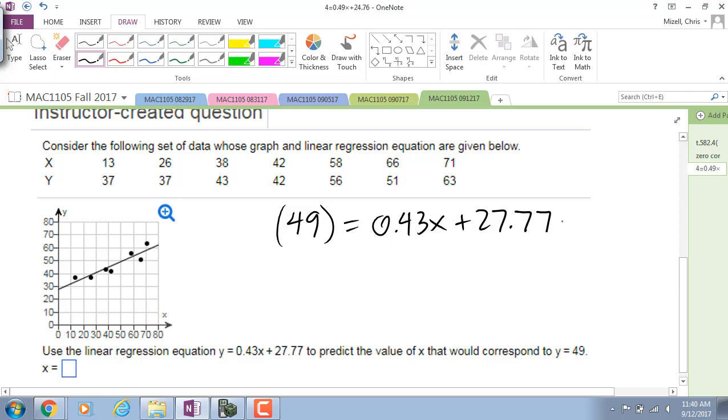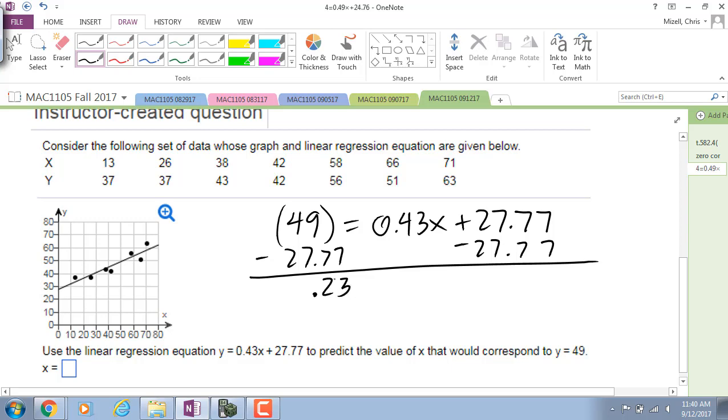And solve the linear equation for x. 2 steps. Subtract 27.77 from both sides. And we get 21.23 equals 0.43x. When we divide both sides by 0.43,